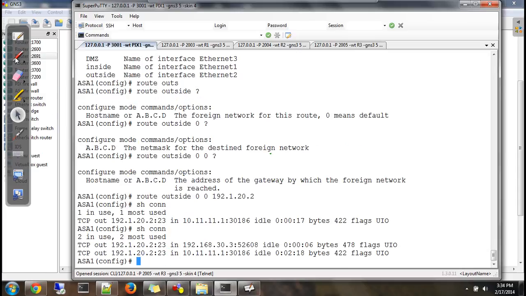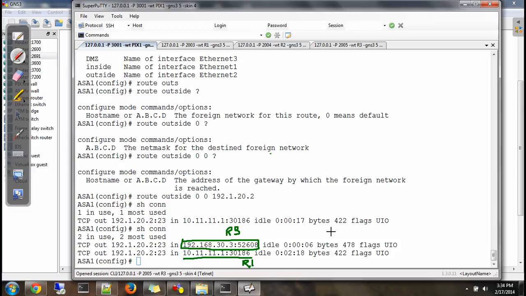Both entries differ. The first entry is from R3, and the other entry, 10.1.1.1 port number 30186, is for R1.